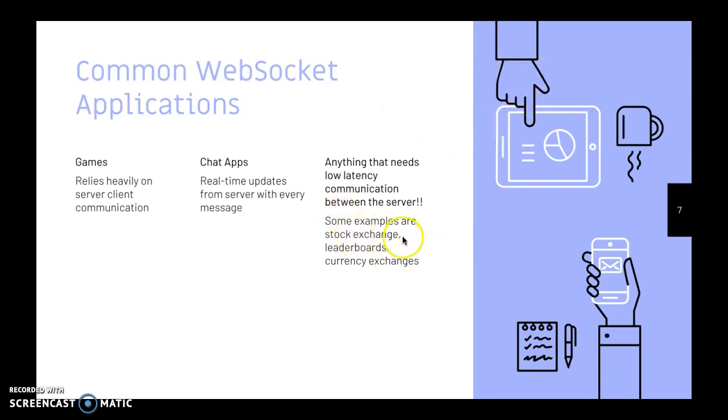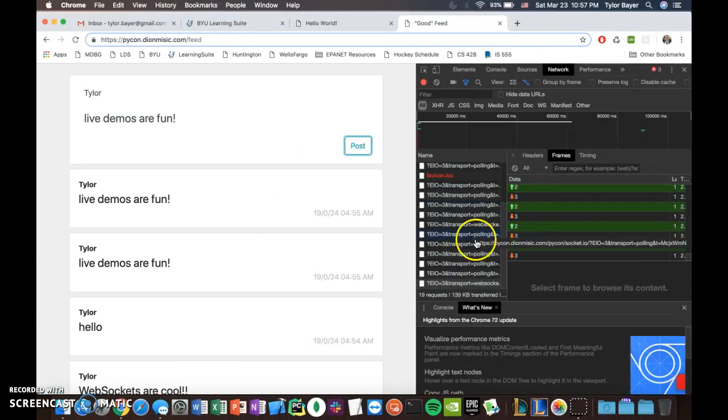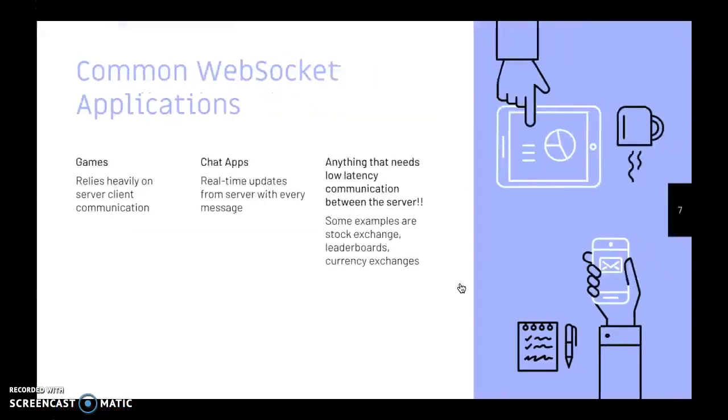So some other examples would be a stock exchange. Stocks are always going up and down. Real-time data is very important, and if you go to a lot of popular stock exchange websites and you open the network tab here, don't be surprised if you see some WSS URLs and WebSockets being used on those websites. Another use could be leaderboards. If you want real-time data on leaderboards, or for game scores maybe, or currency exchanges, another common use case for